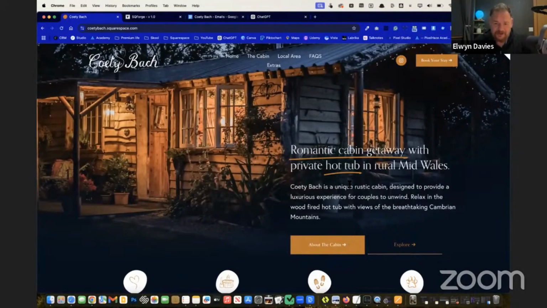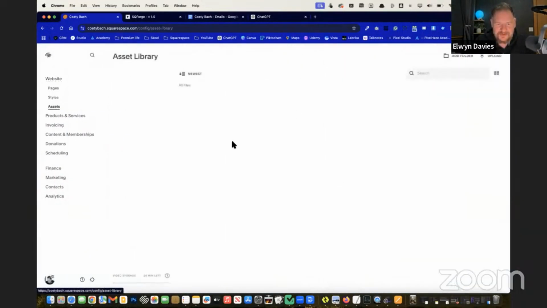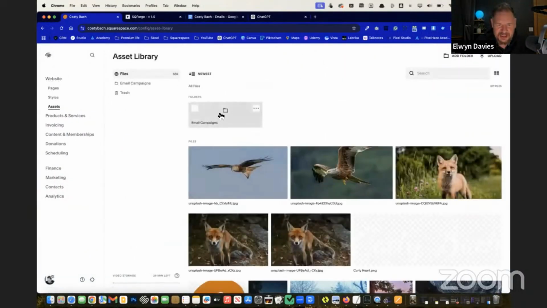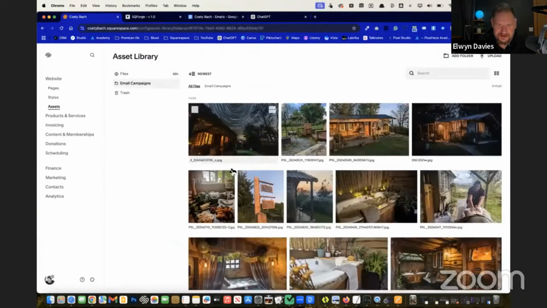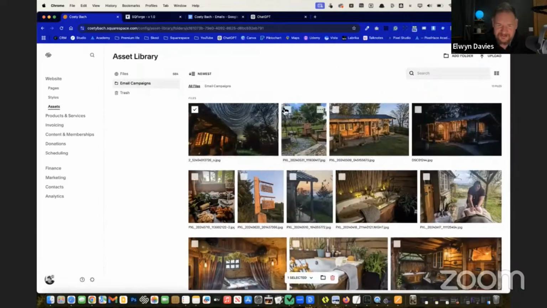But then the focus now is going to change from building and having a professional website through to the next step will be, okay, what's next? And the what's next is very much around emails. So if we go into the asset library here, and I'll go into email campaigns, I've just realized I didn't compress any of these photos before uploading them. So what I'm going to do is,